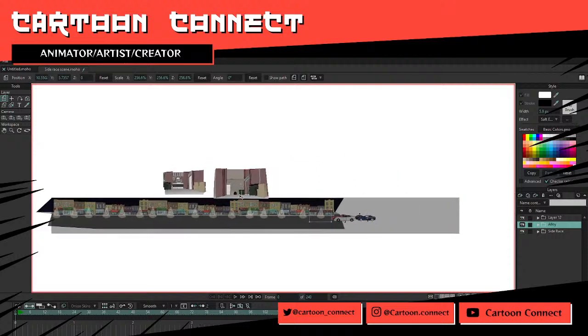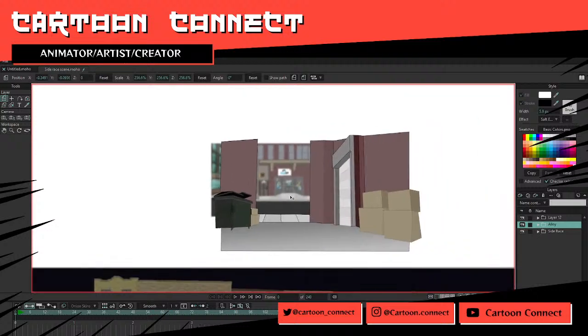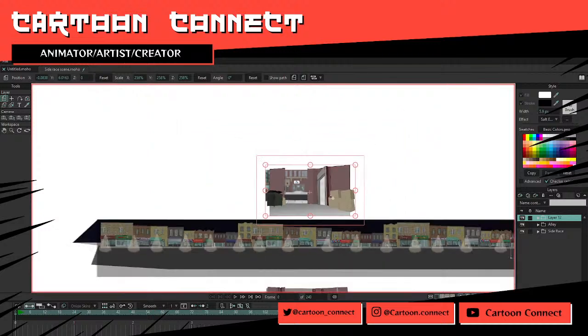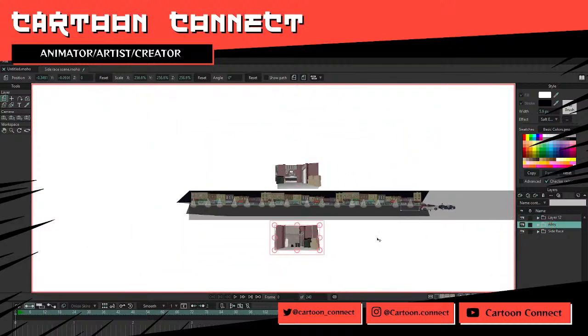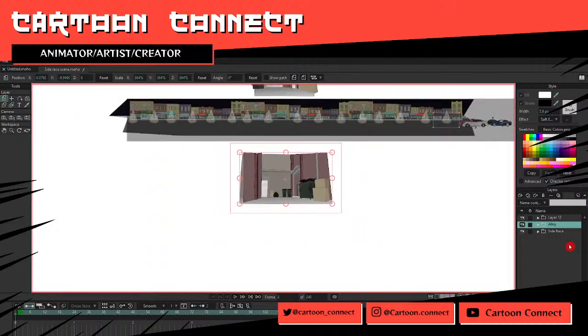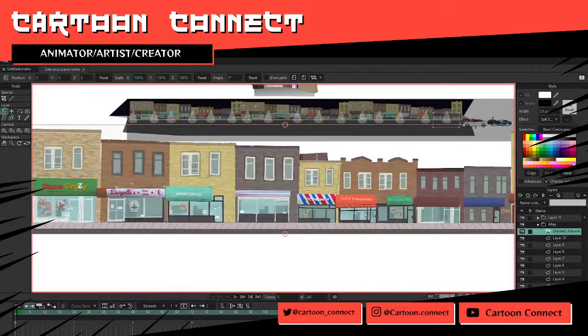This one gonna need some work though. Let's put this one at the bottom. And then this one is where we'll probably have the back of the cop car when he see him drive by. This is the front. And then what we could do with this is extend it out. But what else I'm gonna do is I'm gonna put this in there to kind of make it look like